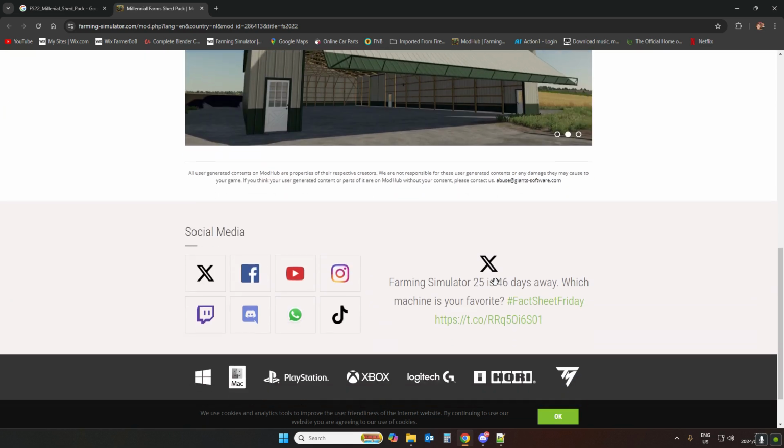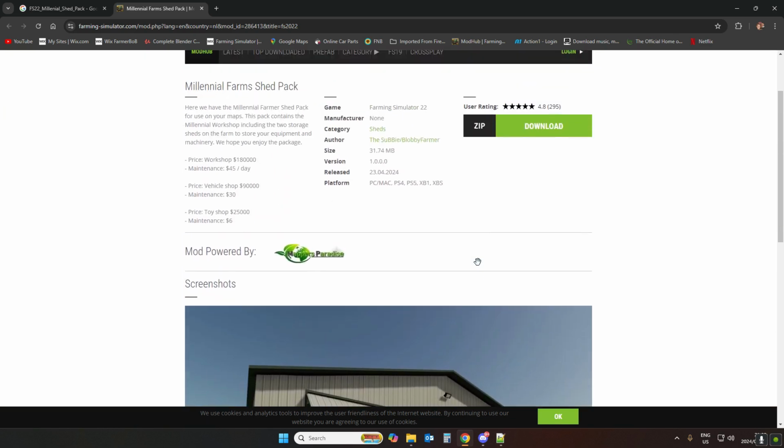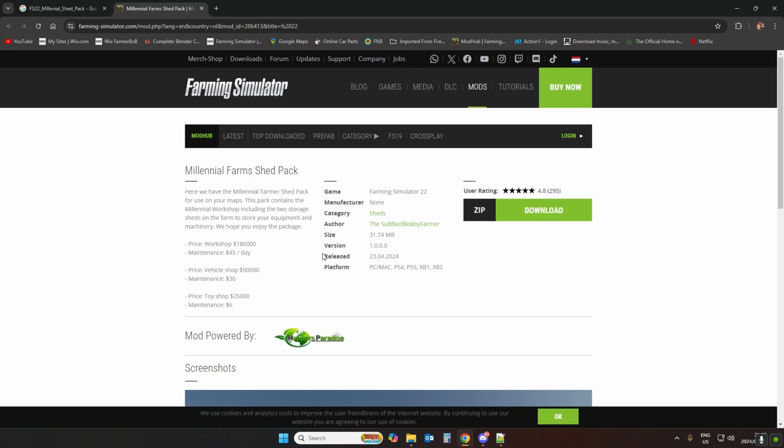There it is. But mind you, this is now a different shed. How many sheds are there? Shed pack. There's a workshop, a vehicle shop, and a toy shop. Workshop, vehicle shop, toy shop. So let's have a quick browse at what's in this Millennial Farmer Shed Pack that you can download for free